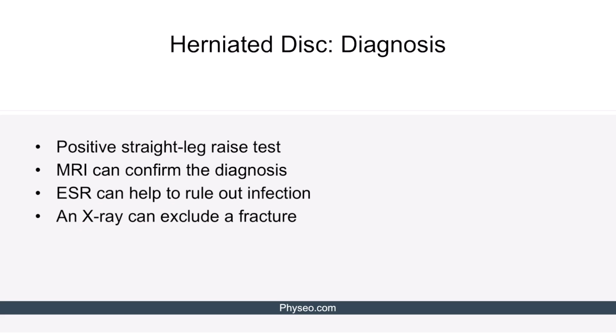The telltale sign that a patient has a herniated disc is a positive straight leg raise test. As a way of review, the straight leg test is a physical exam maneuver where the patient is lying supine and the examiner passively moves the extended leg through 60 degrees of motion. If this reproduces the pain, it is highly suggestive of some sort of nerve compression, such as can occur in